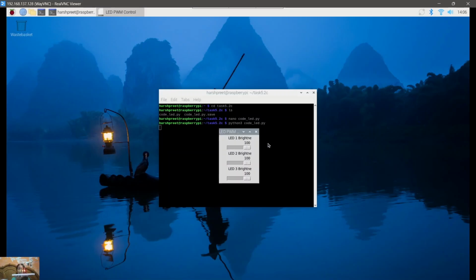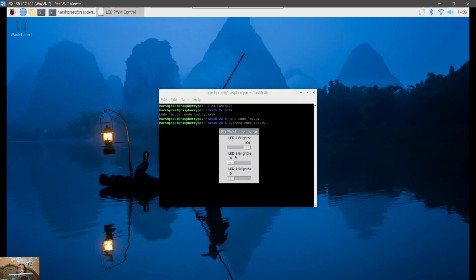See, now all our LEDs are on, and when I drop the value of the second LED on the slider to 0, the LED is off now. See, and if I do the same thing for the third LED, it also gets off and only the first LED remains on